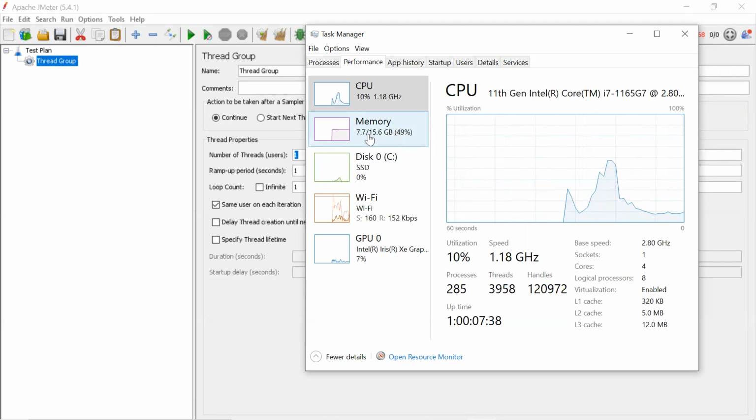That's why if you run a JMeter script on higher machines, it will support a higher number of users. If you run JMeter on a lower machine like 4 GB, 5 GB or 8 GB RAM with a lot of apps running, you can't go for a higher load, and you'll get an out of memory error, Java out of memory error, socket closed error, because there is no memory for JMeter to create other users.